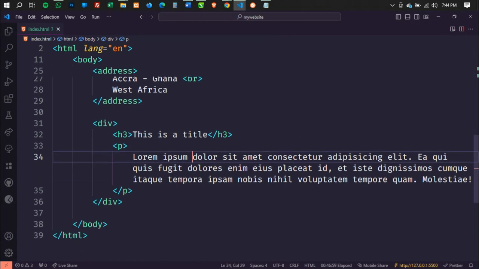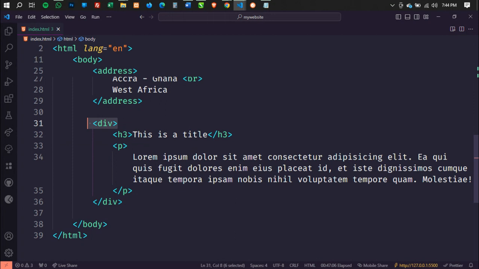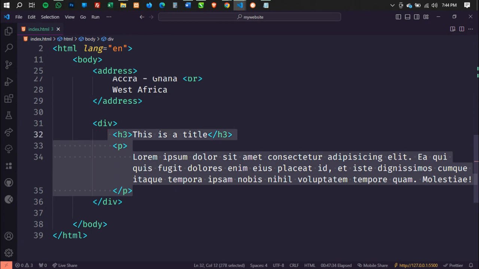We have parent elements and we have child elements, right? And so whatever we have over here, you see that we have a div, and this div, we can say it's a parent element, right? The p, or the paragraph, is a child of this div. The h3 is a child of this div. The h3 and the paragraph are siblings. I'm hoping you guys understand the analogy over here,